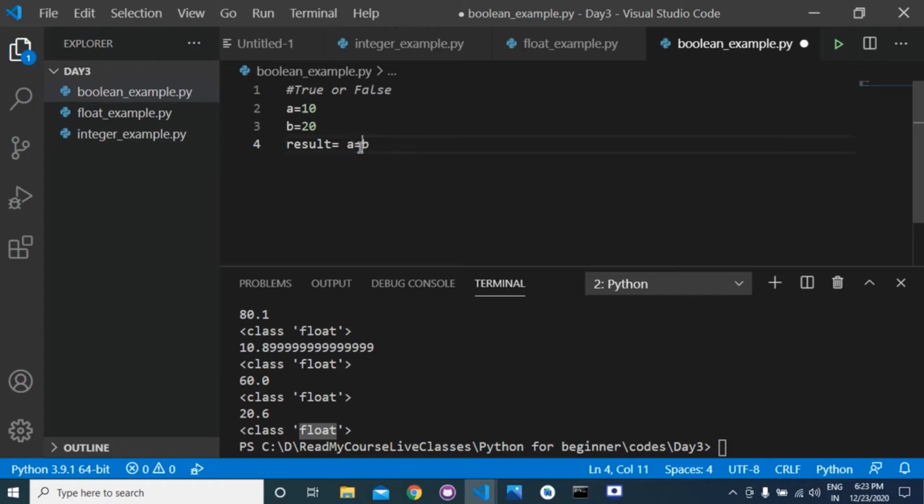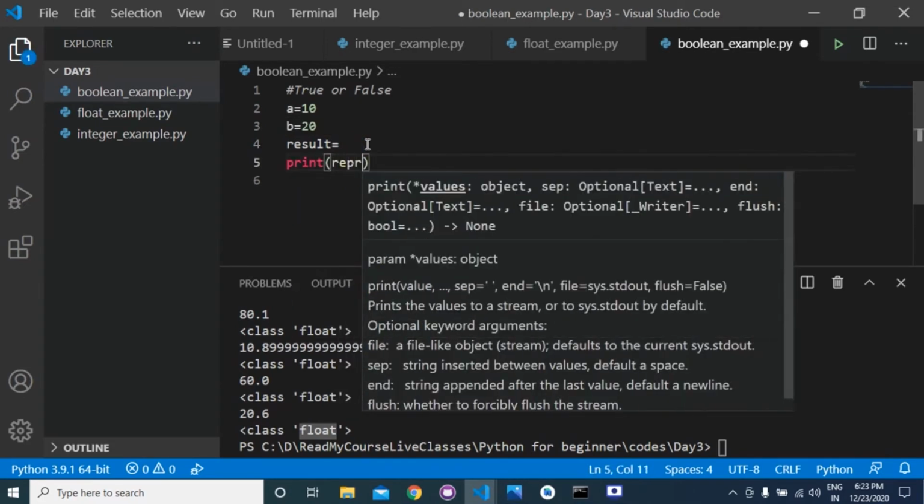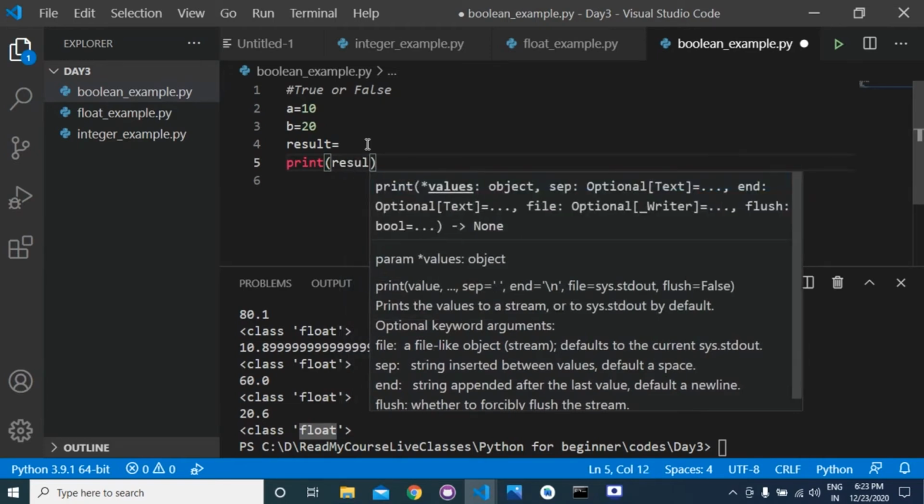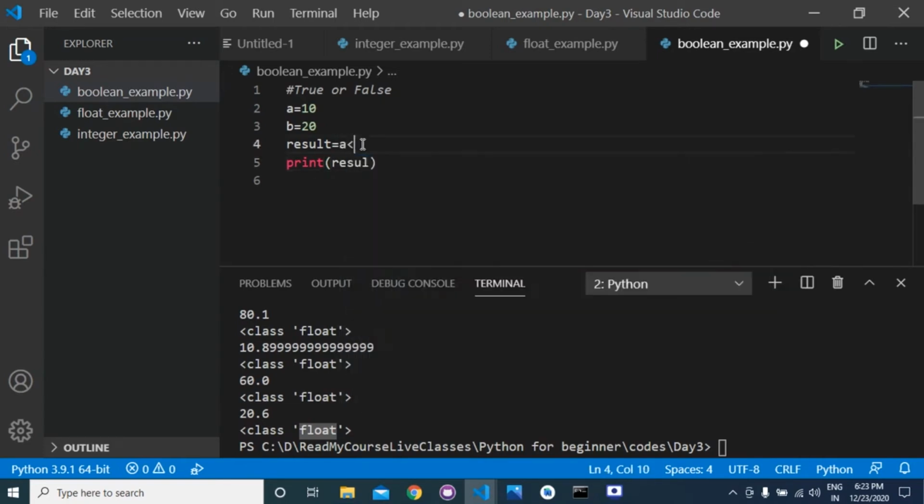Suppose, just as an example, A less than 9. I am typing result is equal to A less than 9. If A is less than 9, then this result will be true. Otherwise, it will be false. So first print result, A less than 9.